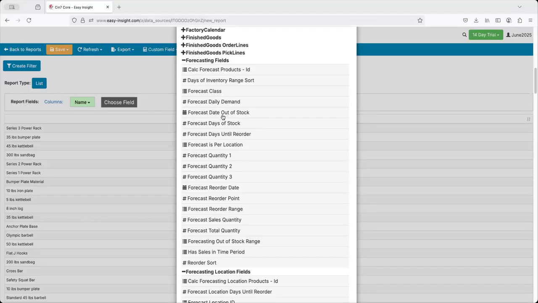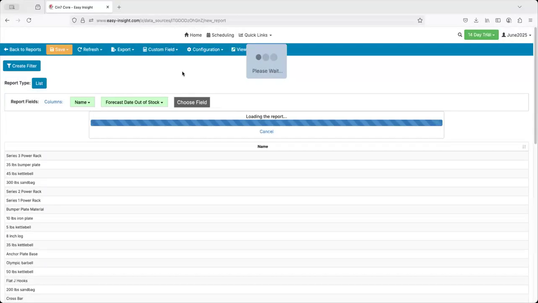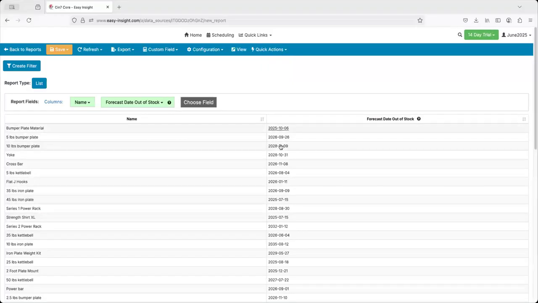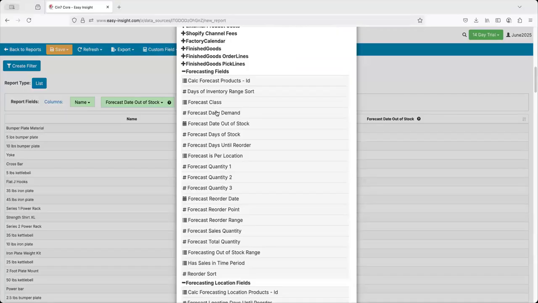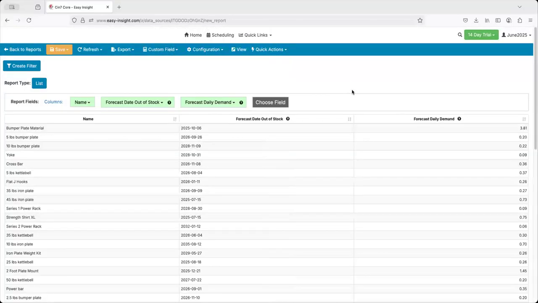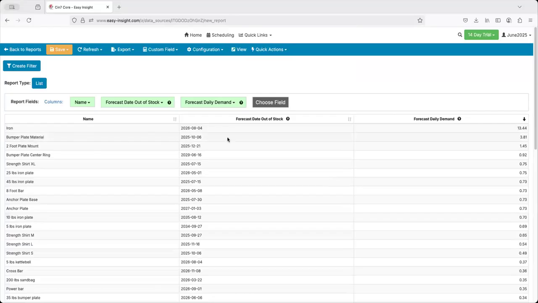Within here, you're going to have a number of different fields. For example, you have forecast date out of stock, which is the projected out of stock date for that SKU. You also have things like forecast daily demand. So this is saying that the projected daily demand of, we'll go with bumper plate material here, is 3.81